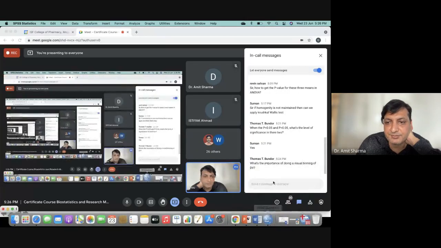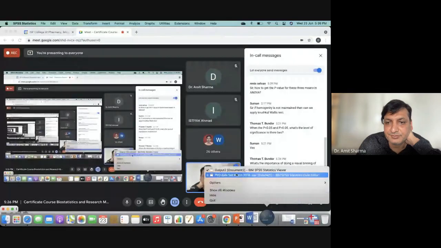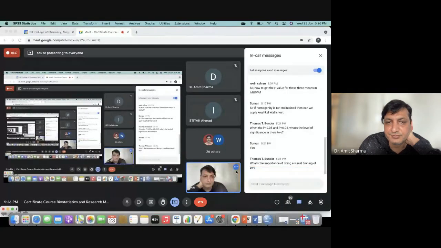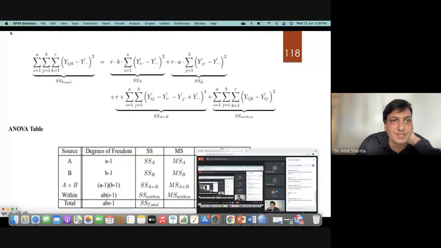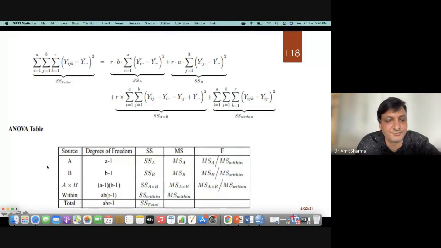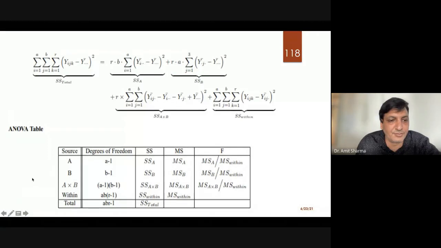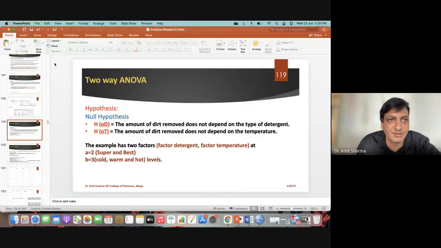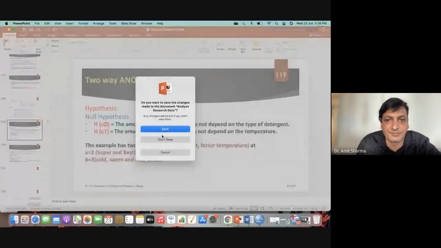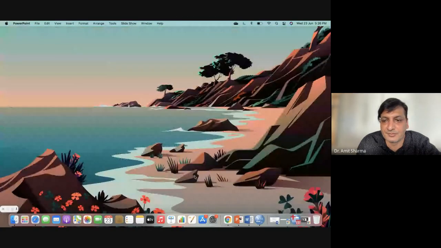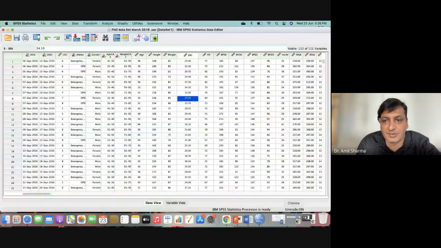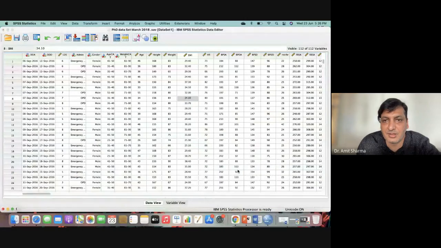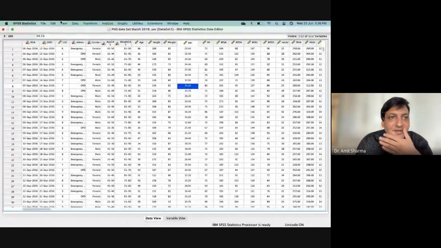Let me check. Why is the sheet not visible? First I'll end the presentation. See, I have to learn how to get the output sheet.